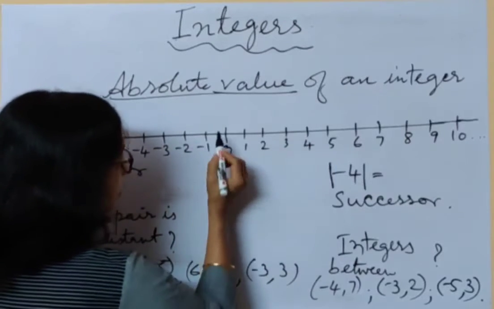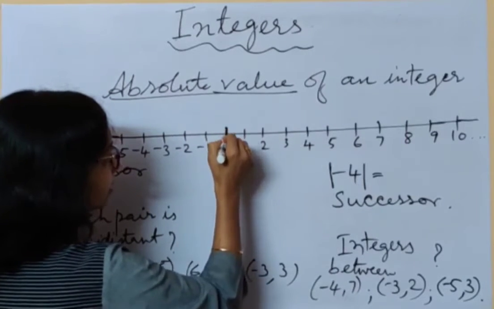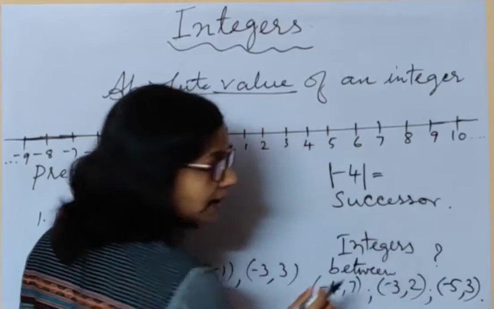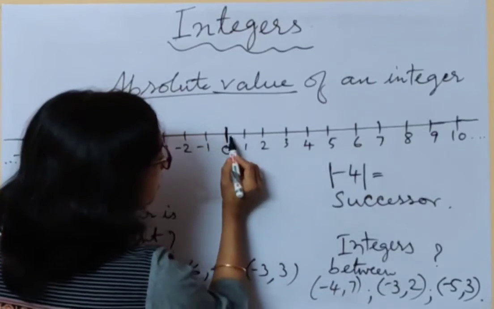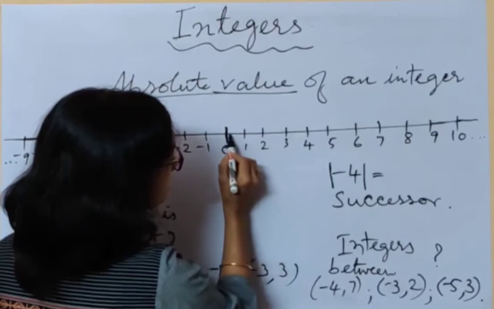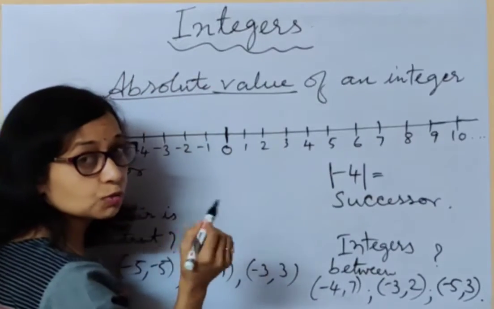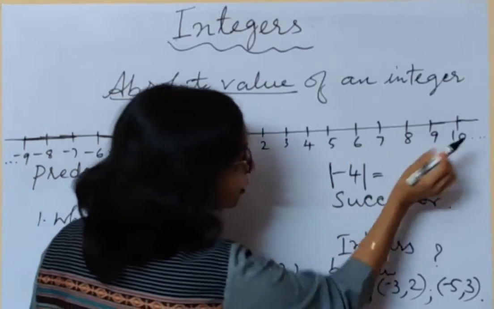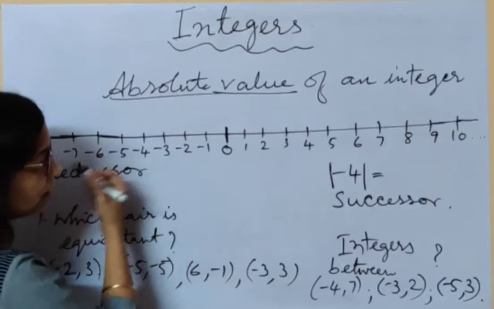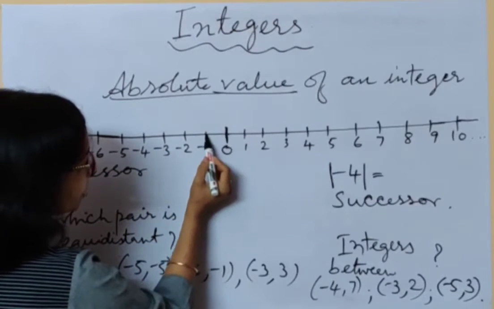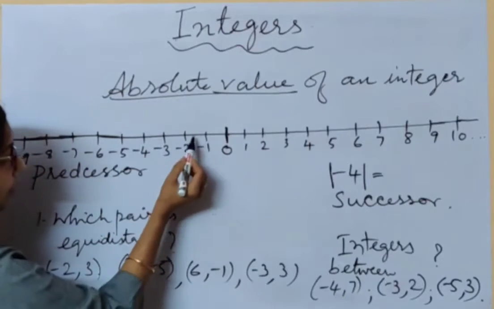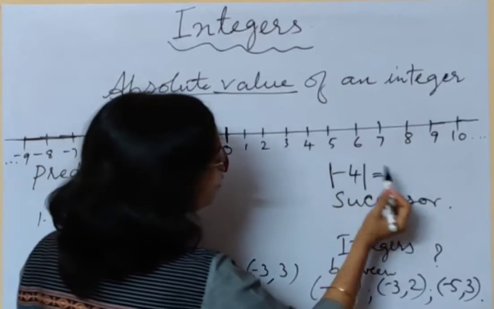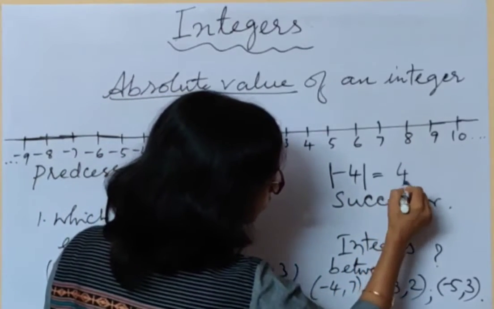Then we try to find the absolute value of -4. On the number line you have 0 at the center. From 0, all the positive numbers to the right are drawn at equal spacing, equidistant: 1, 2, 3, 4 and it continues. In the same way on the left, when you go backward, -1, -2, -3, -4, -5 should also be placed equidistant. So for -4 we can write the value as 4.